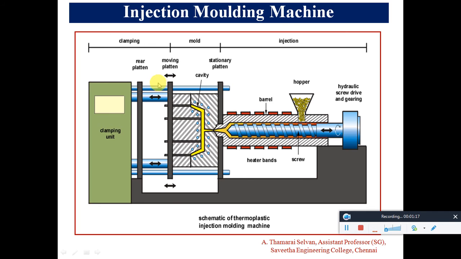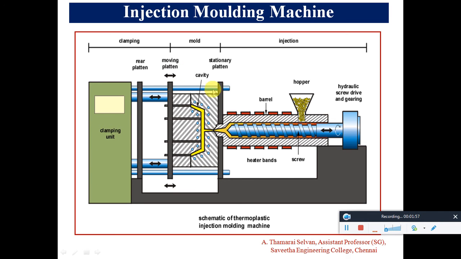machine. Here we have three different steps. One is the clamping, another one is molding, and the third stage is injection. These are the three stages which we have in injection molding: clamping, molding and injection. In the clamping unit, the dies and other provisions have to be fixed and arrested, and there should be some operation controlling system to move or to eject, for everything. So this is the clamping unit.